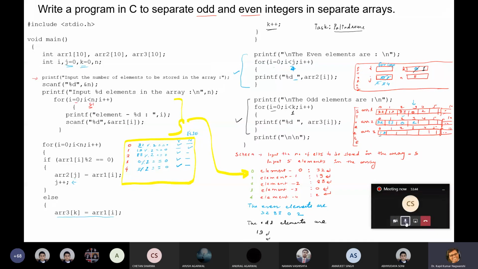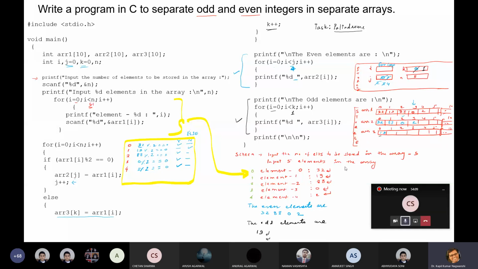Any doubt in execution of this program? See what happened. When executing the printf line here, this will be printed: input the number of elements to be stored in array.